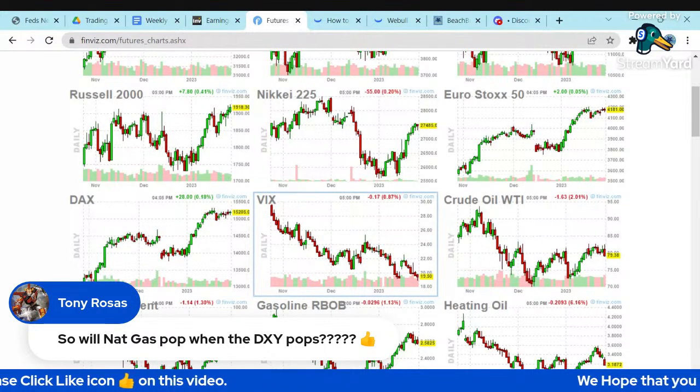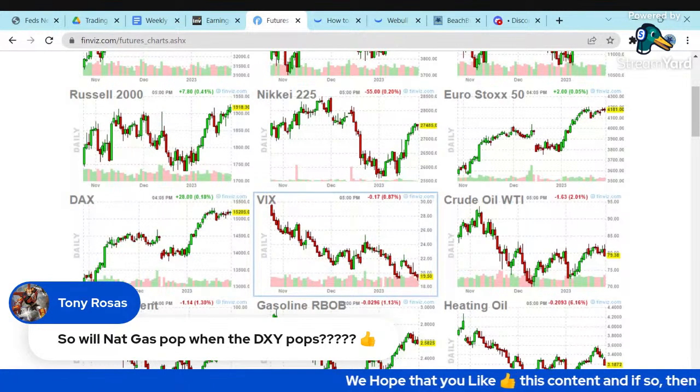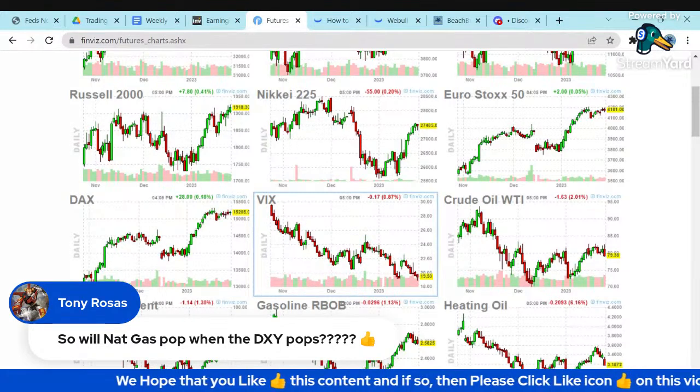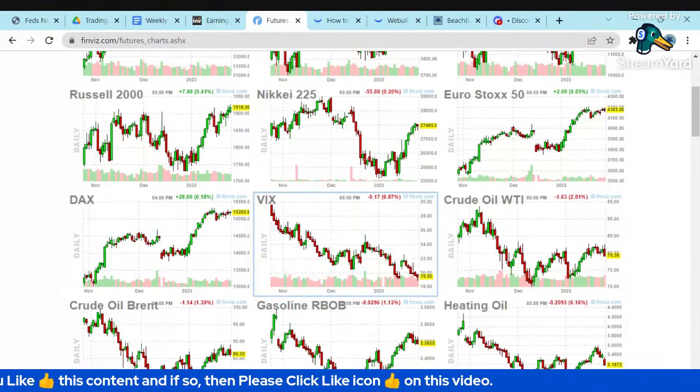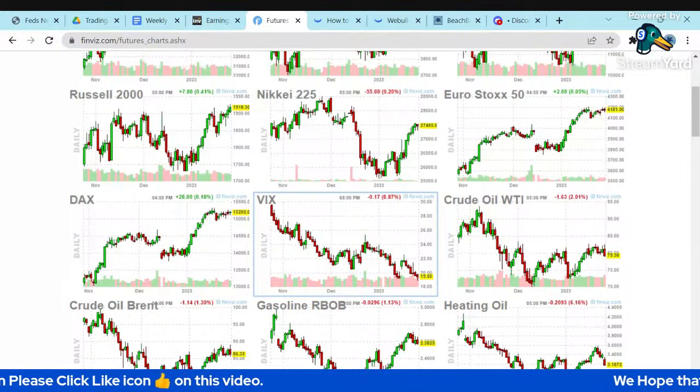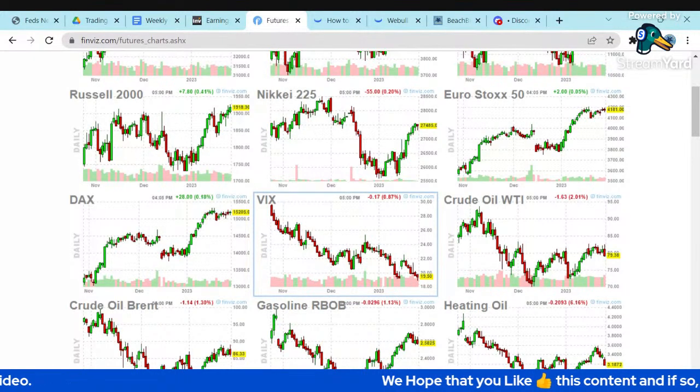Normally when the dollar went up, gold, silver, oil, natural gas would all go down because they're dollar denominated commodities, and vice versa. If the dollar went down, commodities went up. So that's kind of the trend one would expect. But again, that correlation with the dollar, in my humble opinion, has broken down recently,